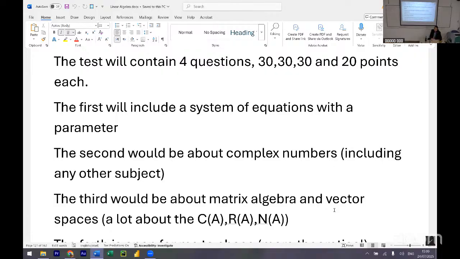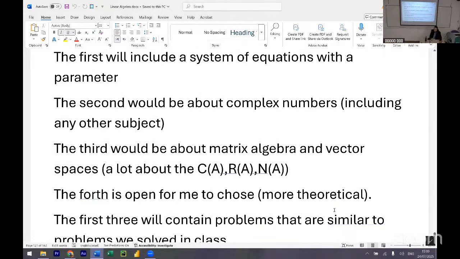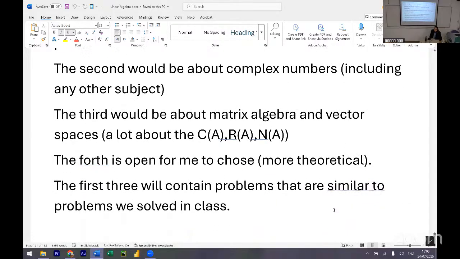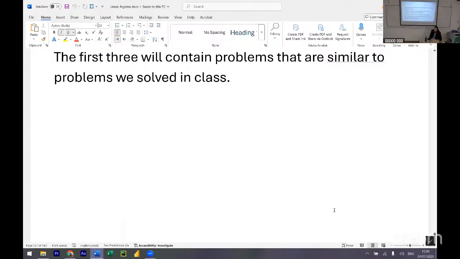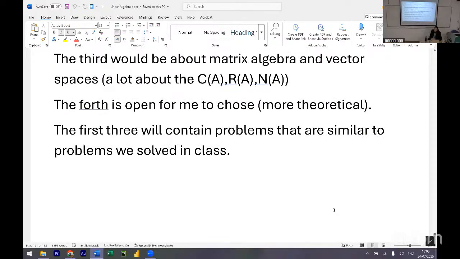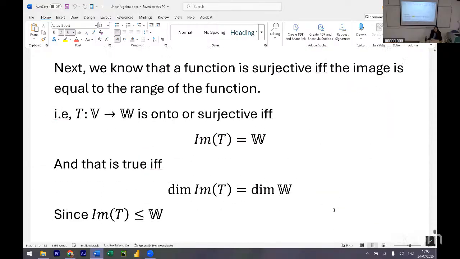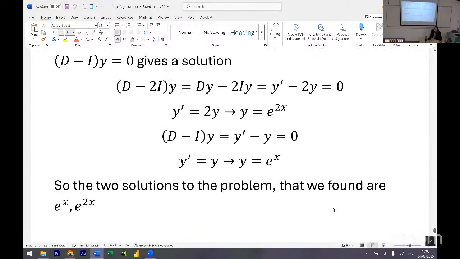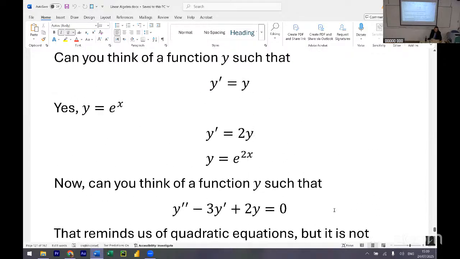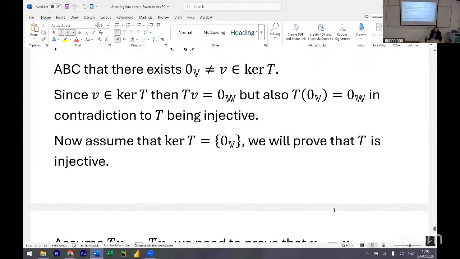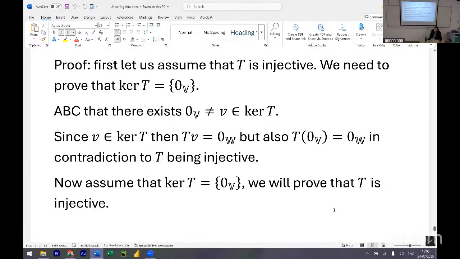The fourth question, generally, I can put there whatever, but I will tell you for Moed Aleph at least, it's about linear transformation. And I fear this one will be the hardest if you won't prepare for it, because it's a hard subject.